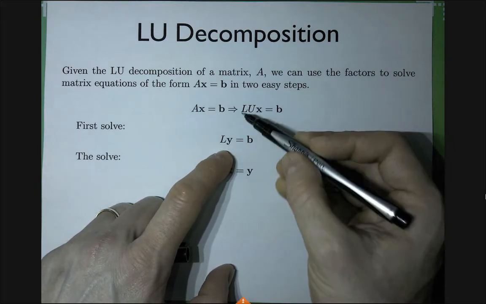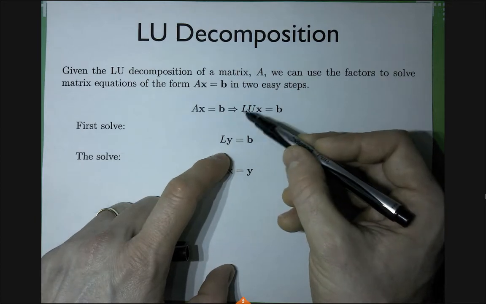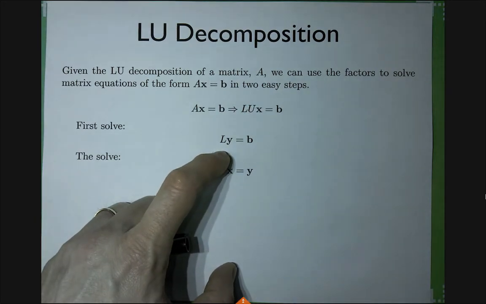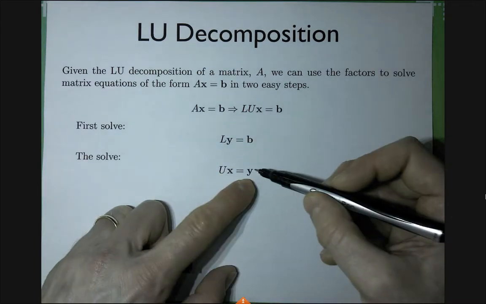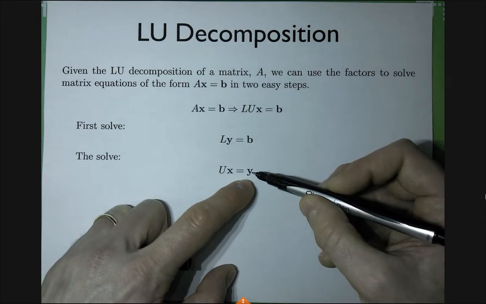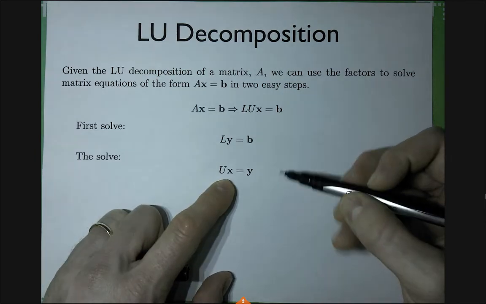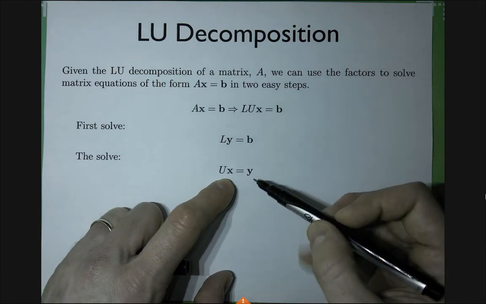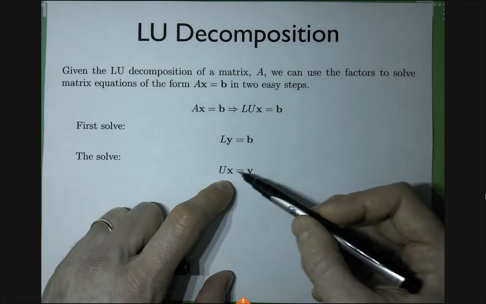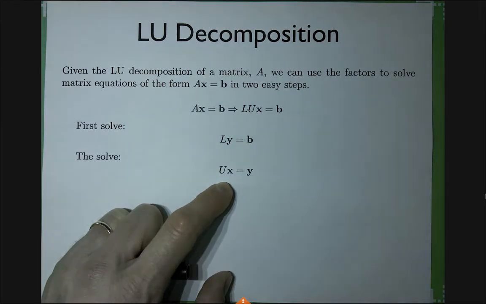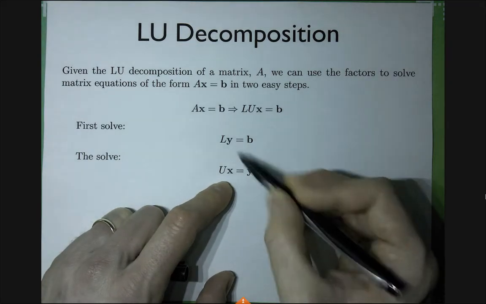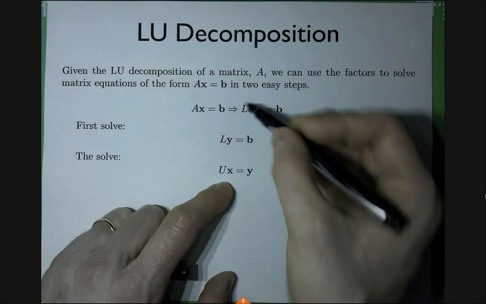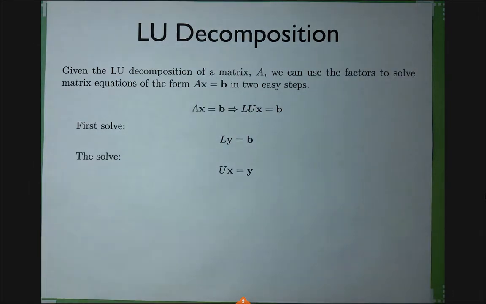Okay. I'm assuming that all the matrices are well behaved, so the L has all pivots non-zero, so I can solve it no problem. Then I take the y, I compute it here, and I construct a new system where the y I plug on the right hand side, and now I solve for x such that Ux is y. Again, I assume that all the pivots are non-zero, so I get a solution, no problem. And once I have done that, I realize that x is a solution of the original system, of course, because if I plug this y here, I get LUx equals b, but LU is nothing but A, so this x solves the original system. Everybody got it?